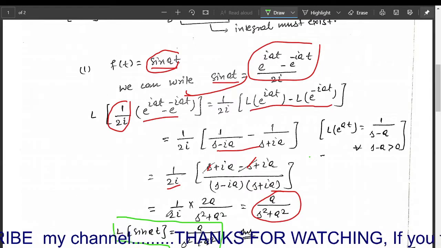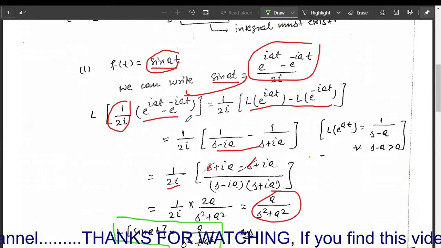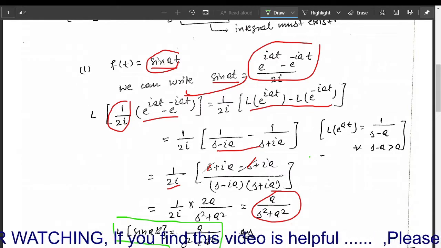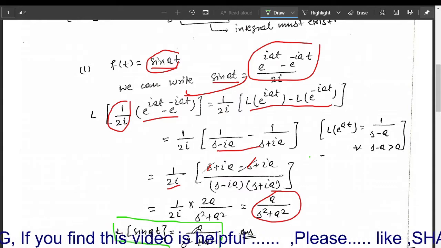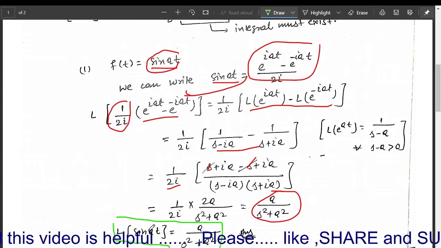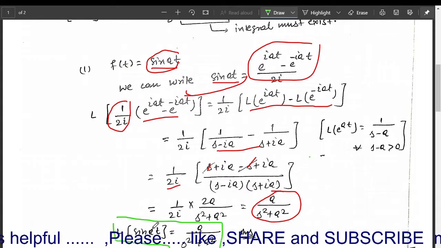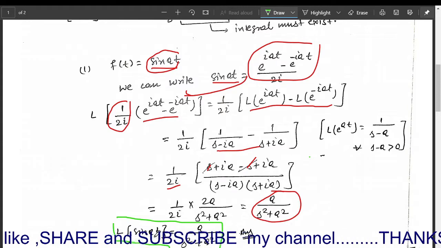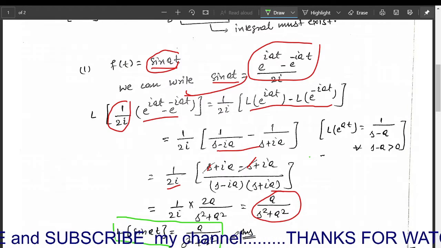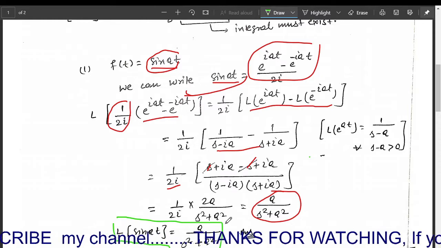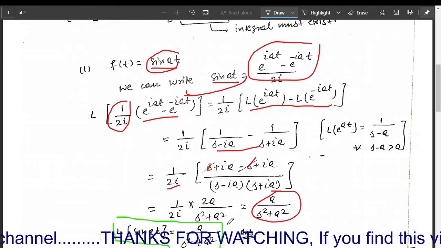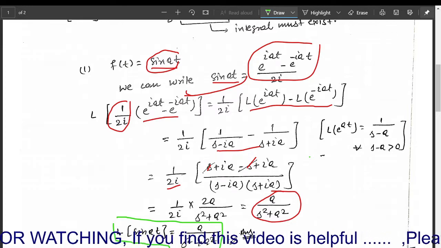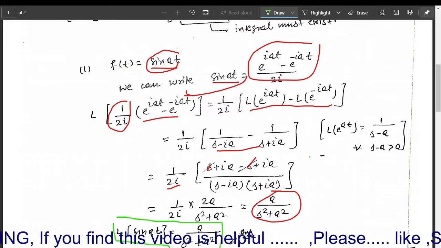You can follow this process and easily get the result for the Laplace transform of sin at. You can also memorize it: there is no s term in the numerator, so you write a there, upon s square plus a square. You can use other tricks for memorization; it is a matter of how you memorize this formula. You should memorize this formula, as it may be used in our further discussions.